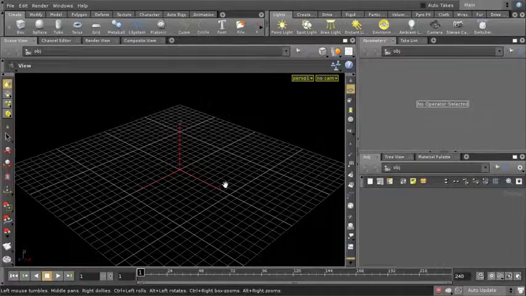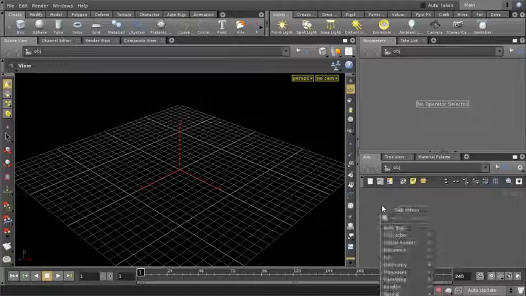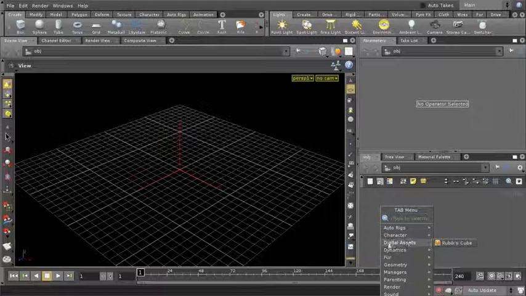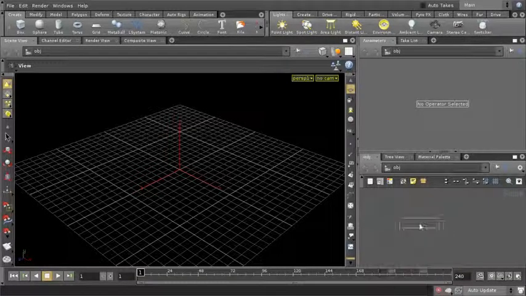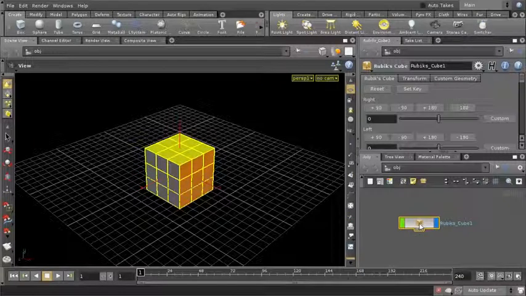You can see nothing has changed in my viewport, but if I go to my network view here and I hit Tab, you can see that a new entry here is added. It's called Digital Assets. I will show you later how we change that. And I'll click on Rubik's Cube here to create a Rubik's Cube node. We will be getting into all of that in more detail later, but for now, let me show you what